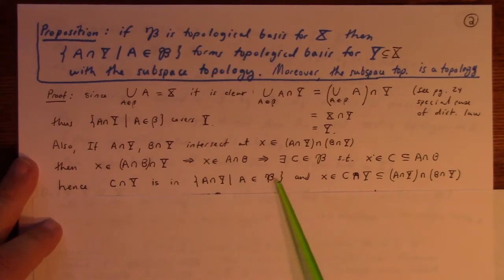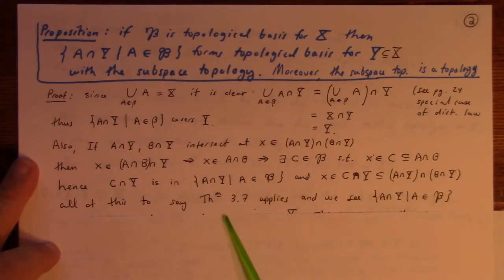And not just that, x is an element of C intersect Y, and that's contained in the intersection, which is to say that the criteria for theorem 3.7 has been met, and so theorem 3.7 tells us that in fact